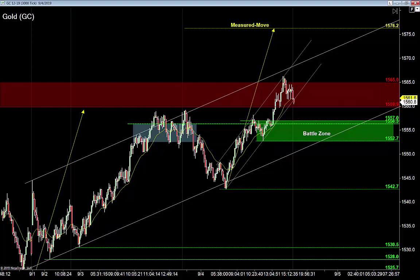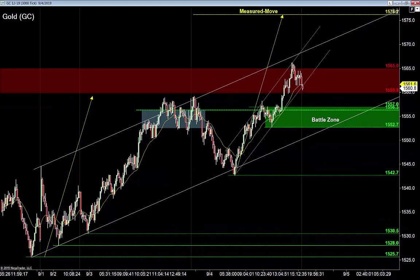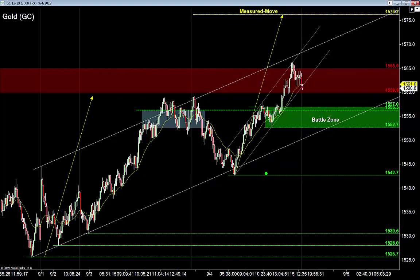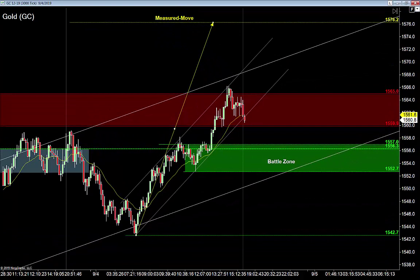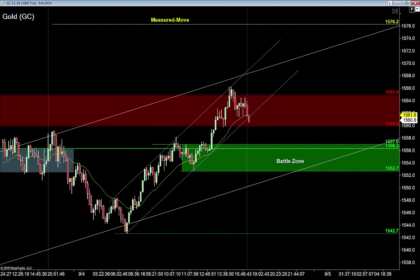Okay, what if we pull back though? Pullback here. Now the pullback here is kind of cool because we can use the low of that channel. So what you really want to think of now is we've got that prior high, that channel right there, that really creates that battle zone, if you will. Three basic patterns here, and very, very similar, once again, to what we saw in previous charts, in the sense that